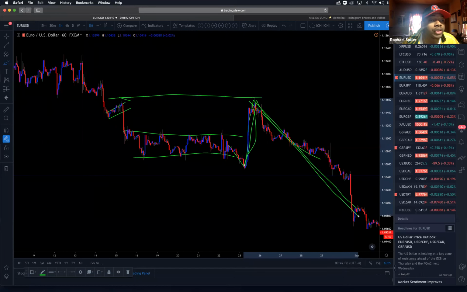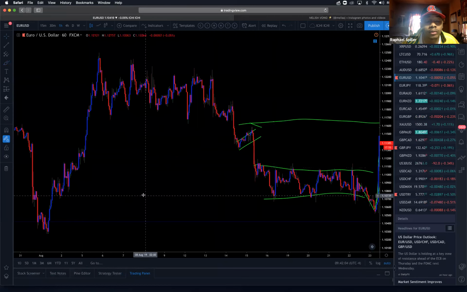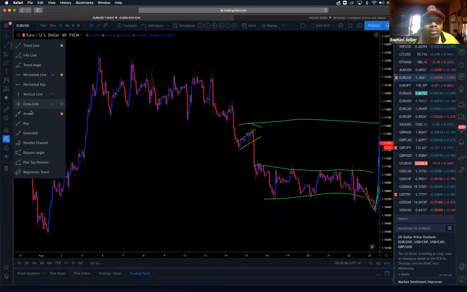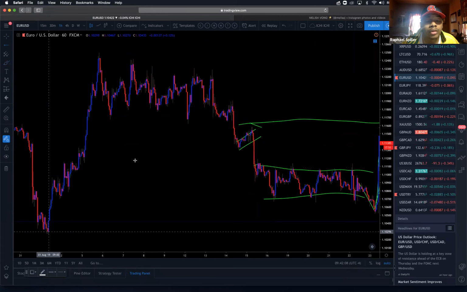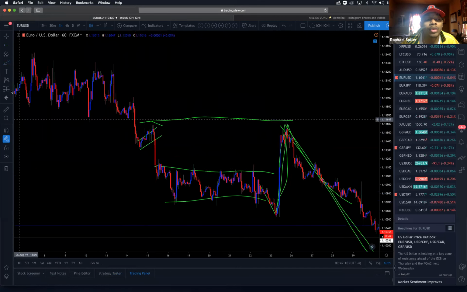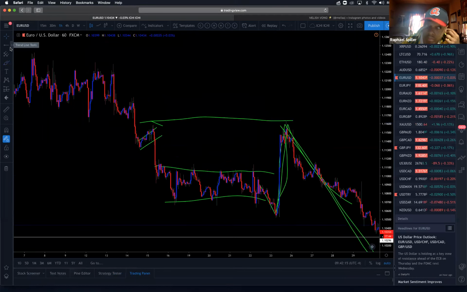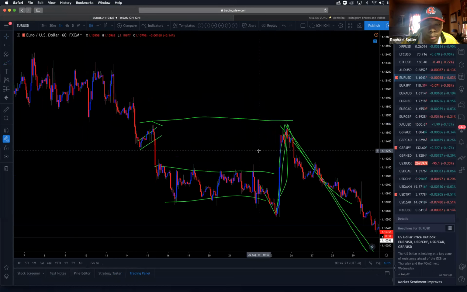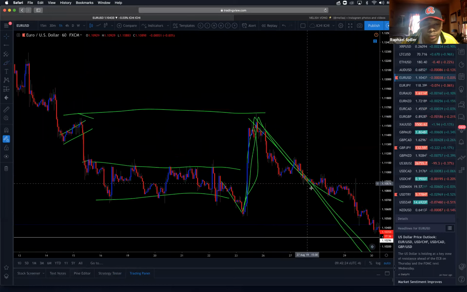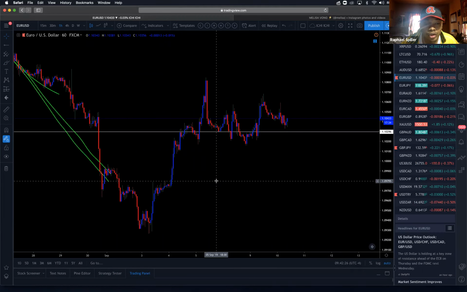So where would you put your TP in that sell? Look left. If I look left, my next TP would be here. I probably would have been taken out, but you have to also know that I would have secured profit along the way. So I wouldn't have lost this trade. I would have secured profit along the way. It's that simple. Just secure profit.